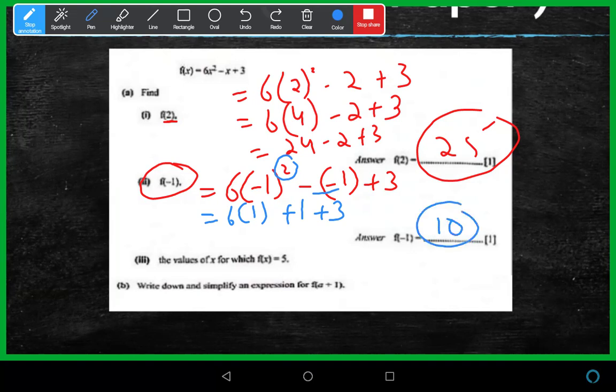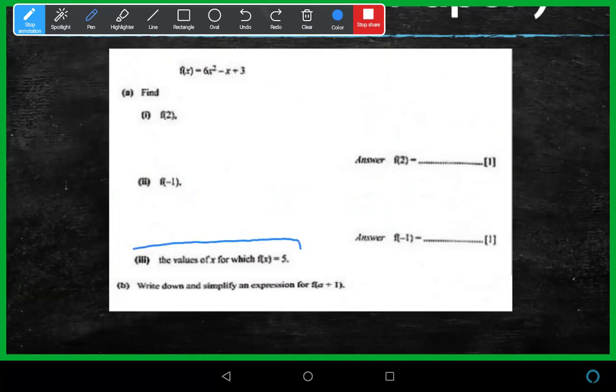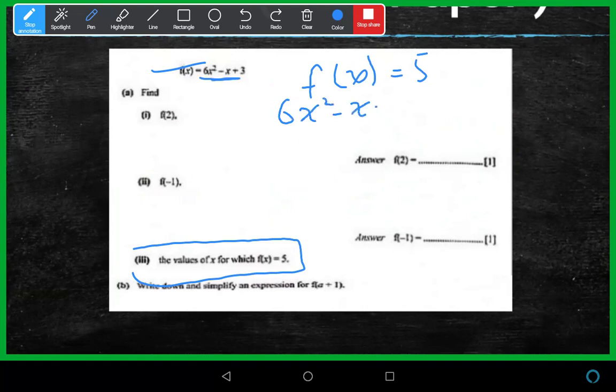So the answer is 10. Now next part, number 3 of the same question. f(x) is equal to 5. Now, the equation is already given, so we write 6x square minus x plus 3 is